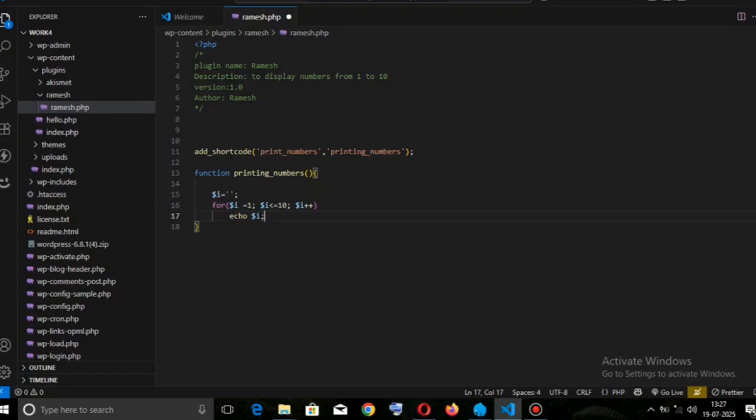Alright, after finishing this function we want to return $i. It's going to work. Okay,